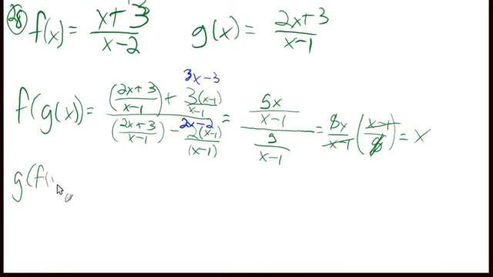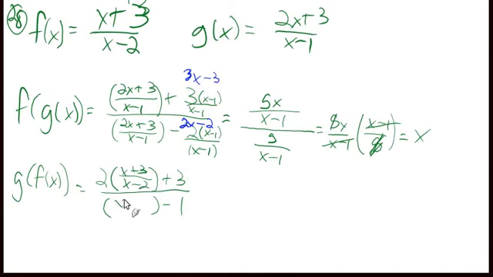g of f of x. g of x is 2x plus 3 over x minus 1. And we're going to make this substitution a couple times again. So up here, we're multiplying 2 by this fraction. You can think of 2 as being 2 over 1. We're going to multiply straight across, which means